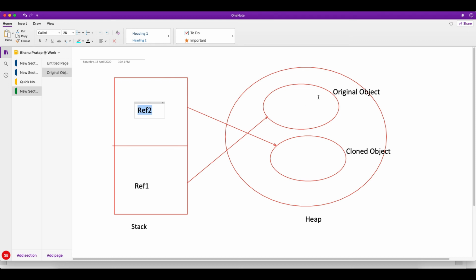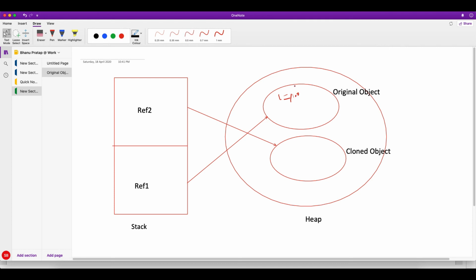The first reference points to the original and the second reference points to the cloned object. Both objects are in the heap area and the references are in the stack area. Now what happens when you have an instance variable? Let's say here you have i is equal to 10.